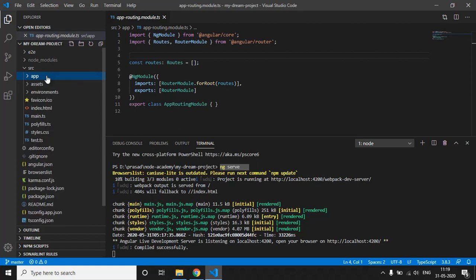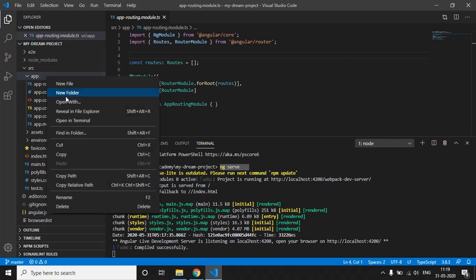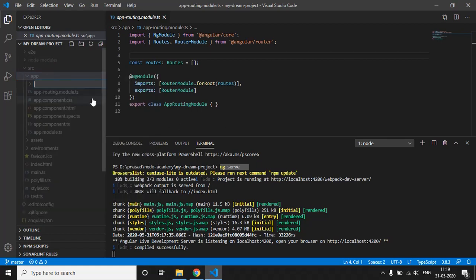I believe in keeping the code maintainable and clean. So we don't create any component directly in this app folder and make the code messy. What we will do is create a new folder in this app folder called components.